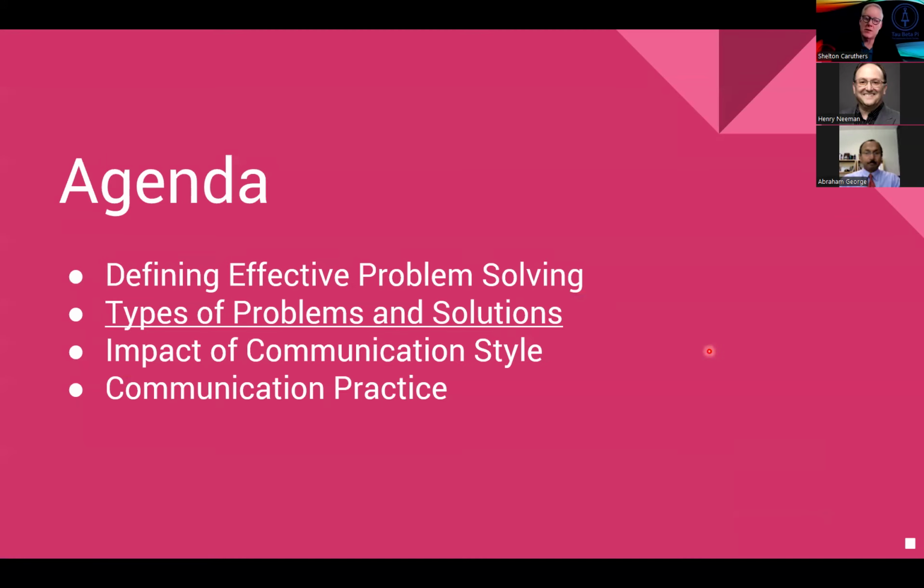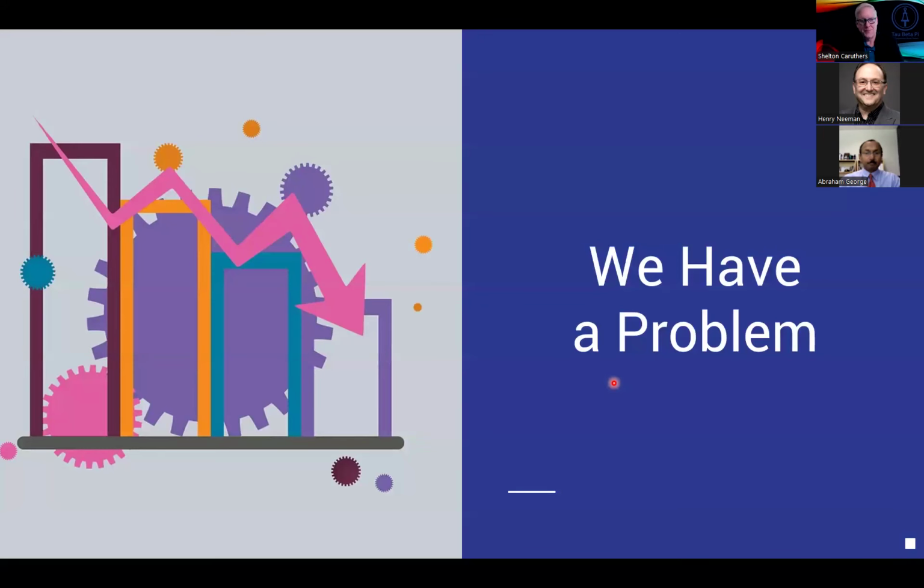So what are some of the types of problems that might come up in our day-to-day work lives or beyond? We can think about any variety of scenarios. Let's just pick one simple, practical one. We all work in a factory where this factory assembles widgets, whatever those are. We assemble them, we package them, we send them out.